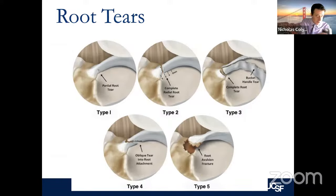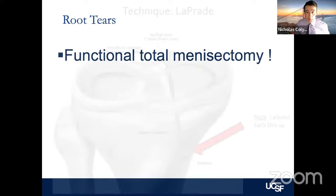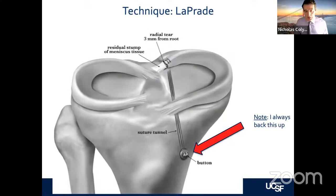I think this is a very common tear we now repair. We've recognized the dangers of not repairing these tears. I think technically we've gotten good at them. We understand that not repairing these tears is equivalent to doing a total functional meniscectomy. And I think Dr. LaPrade really sort of pioneered the method that most of us always use now, which is